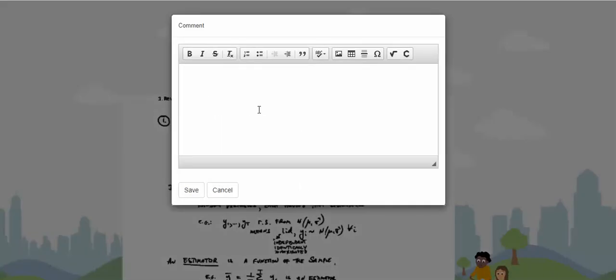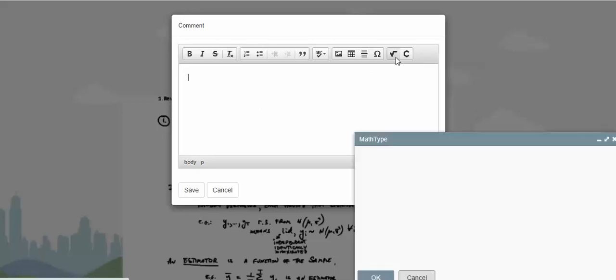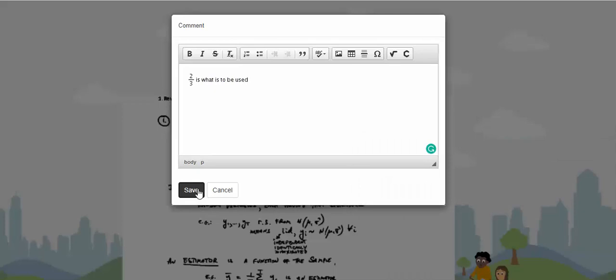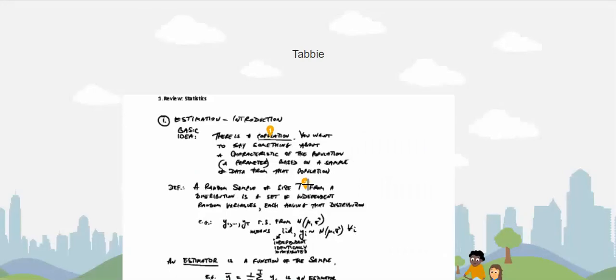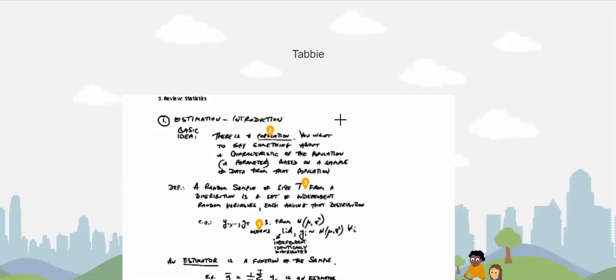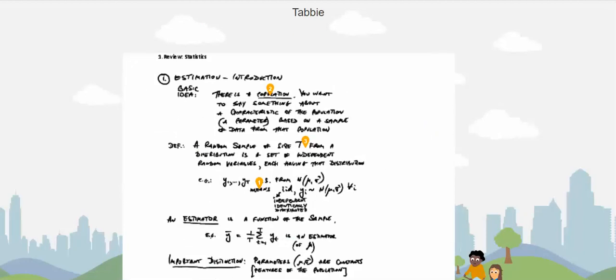If you want to enter a comment against this step here, you can input your own comments here. It might be a mathematical formula that you want to insert. In that case, click on the mathematical formula and then insert your comment. So this is your second comment. Save it. And as you can see, the second comment has also been inserted by the system. Okay, you can insert any number of comments like this. And the system is automatically adding these comments in for you.